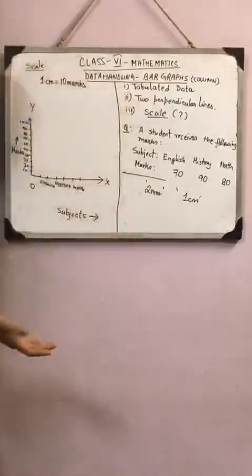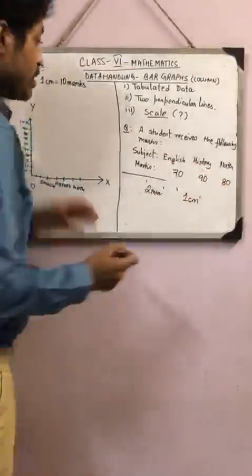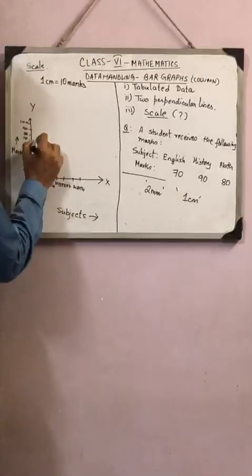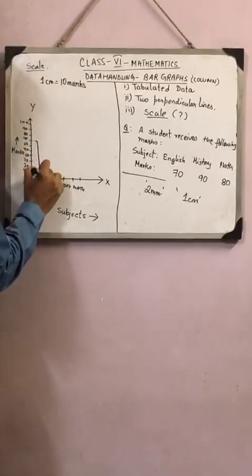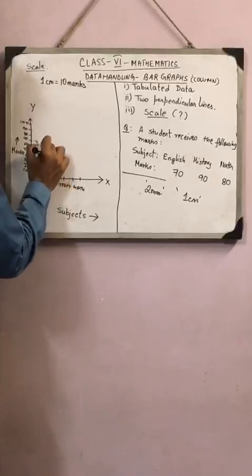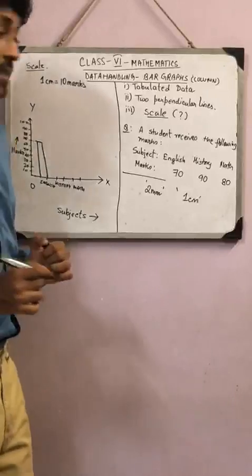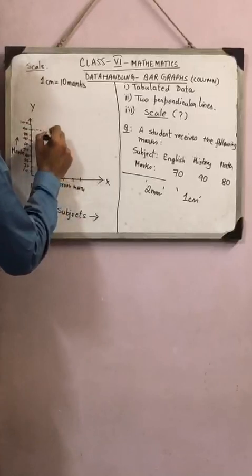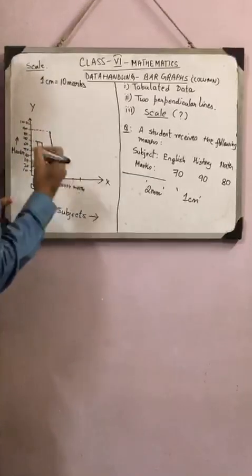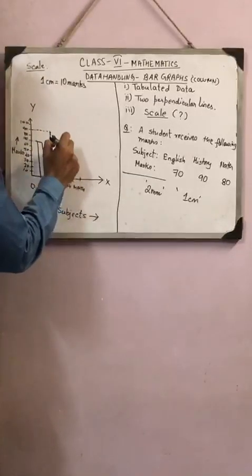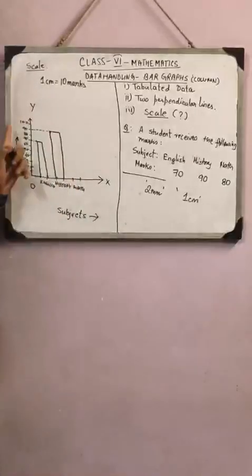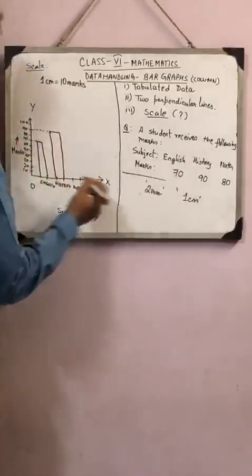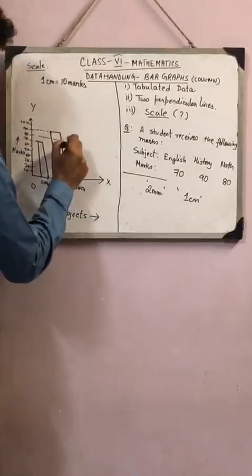How much will the blocks rise? According to the marks given. The marks in the case of English is 70, so this block will correspond to 70. And this is the block of 70. In history, that is 90, so the block will correspond to 90. Yes, you are allowed to draw dotted lines, obviously with pencil, and there's nothing wrong in that. You can draw these dotted lines, which will help you understand where to end the bar. And math is 80, sad, not the highest.